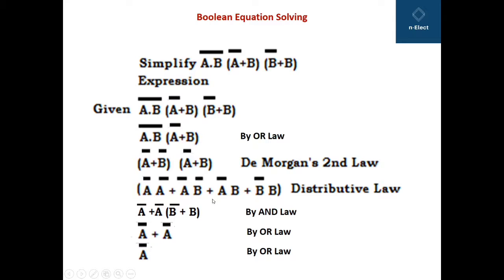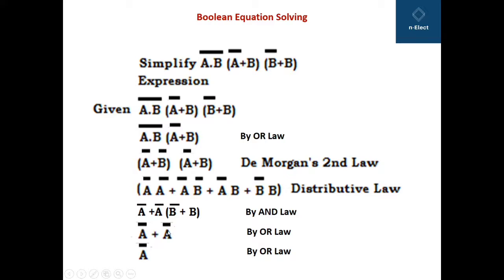And now by applying the AND laws, A bar dot A bar will be converted to A bar. By seeing the AND laws you can get it clear. Then A bar is taken common here, and in the bracket we will get B bar plus B, and B bar dot B will be turned into 0 by applying the AND law, so this will not come into the picture. Now we are getting A bar plus A bar into bracket B bar plus B. Now for B bar plus B, again we can apply the OR law to this.